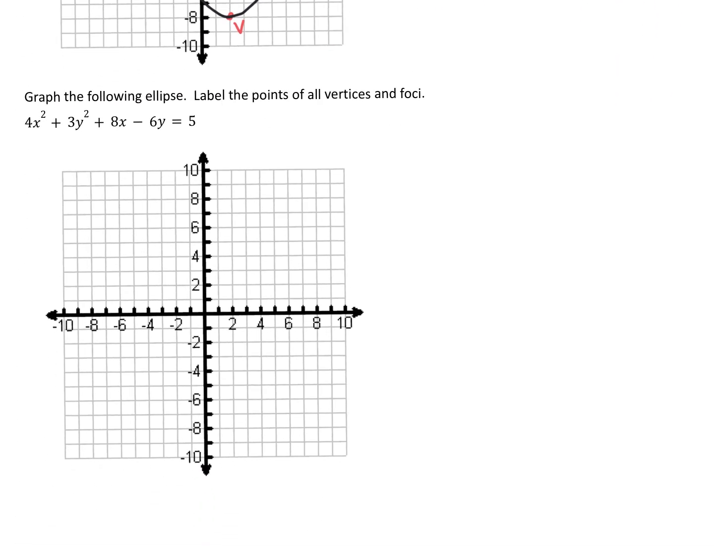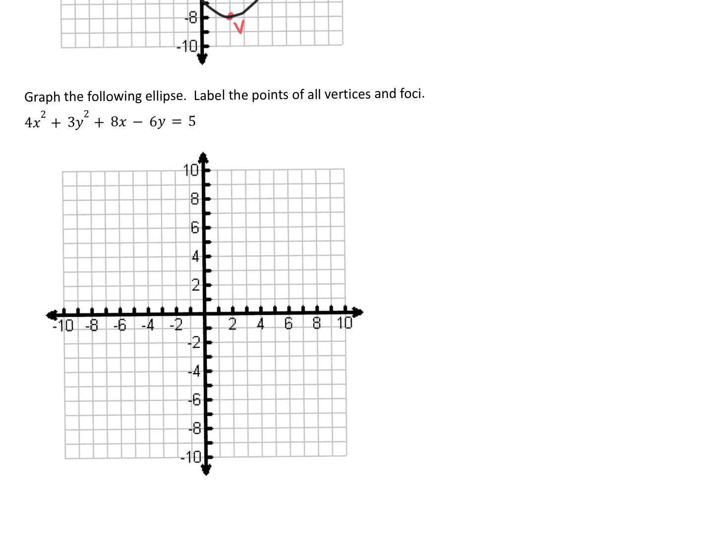Last example. So we want to graph our ellipse and label all of our points for our vertices and our foci, but it's not in the correct form. So we have 4x squared plus 3y squared plus 8x minus 6y equals 5. So unlike the last example, where I could just divide everything by 5, I can't actually do this here because I don't just have 4x squared and 3y squared. I don't just have an x and a y squared term. I have some other values, which means I have to use completing the square to convert this to the correct